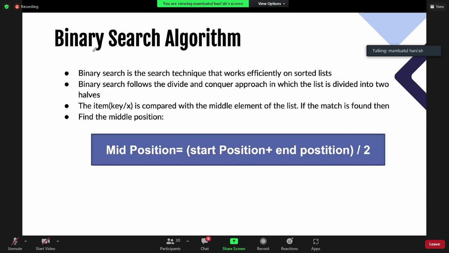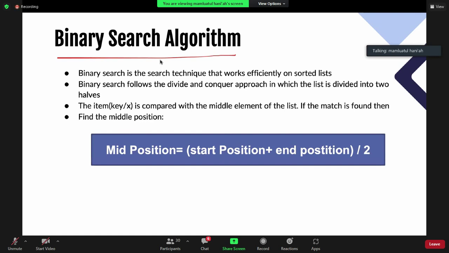Okay. We will discuss the binary search algorithm. Like I said before, this algorithm uses the divide and conquer process. Do you remember?